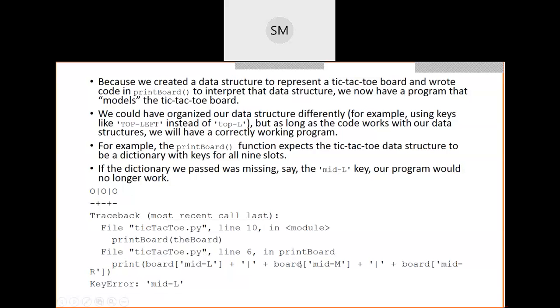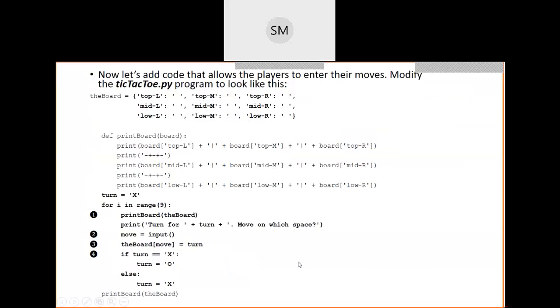Then the next thing is, now let us see this complete program for our tic-tac-toe. Here, in the first part of this program, initially we are keeping our tic-tac-toe board empty or blank, and below that a definition statement is there, that is the def statement. Which function are we using here? We are using one function, that is printBoard. And why are we using this function? Because